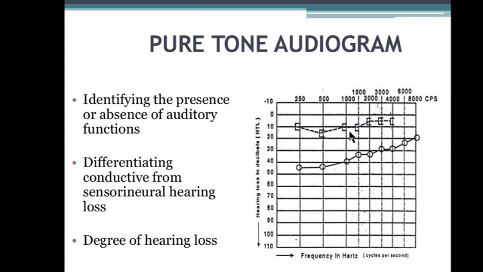So this is very important medico-legally, because this is a graph, you can show it on paper, whereas a tuning fork test is totally a subjective test. You are yourself deciding what is the degree, but you cannot prove it if you need to prove it later on. So this is very important when you are planning to operate on the patient. It can definitely differentiate between conductive and sensorineural hearing loss and the degree of hearing loss.